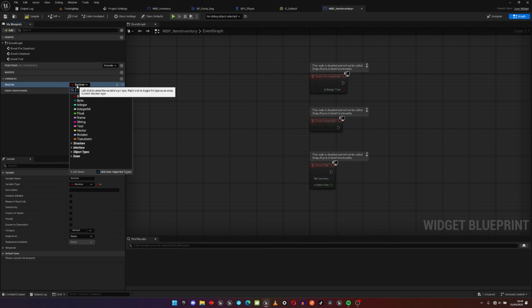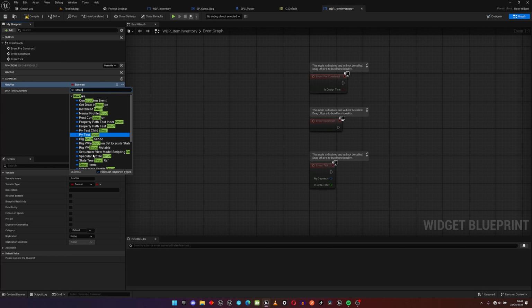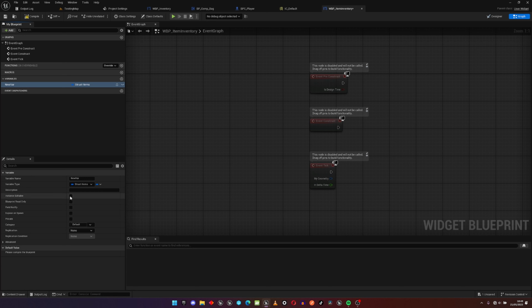So I'll call it struct items, making sure that it's editable, export on spawn. I'll just name it an item, then compile, save, go back to our inventory,